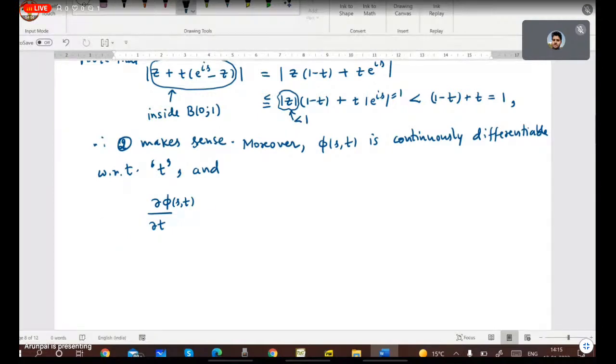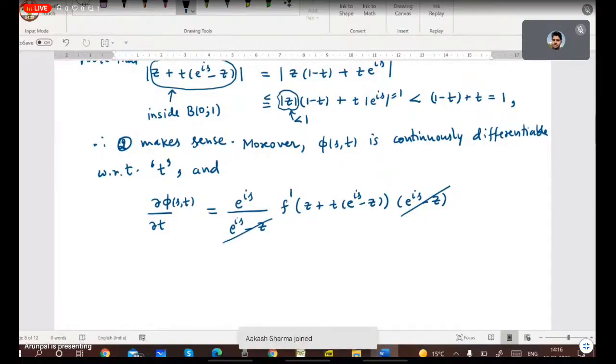So class, you can see that this is coming out to be e^{is} divided by e^{is}, this f dash. So first we differentiate f, and then we take the derivative of its angle with respect to t. Is this okay, class? This is how we do differentiation with respect to a real parameter. T is a real parameter, na class? Is this okay, class? So this cancels this, and ultimately we are left with